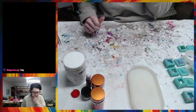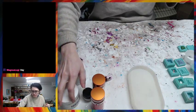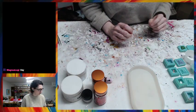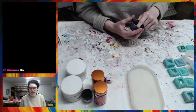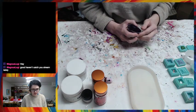I'm trying to decide how I want to do this, because I'm going to end up mixing all this stuff into the actual mixing cup, but it's kind of a pain to get all this stuff out of the containers after I've already started mixing the resin. So I'm thinking I might try and...